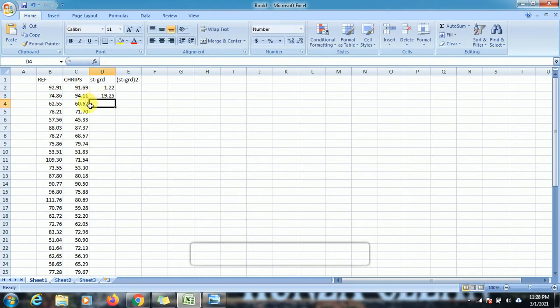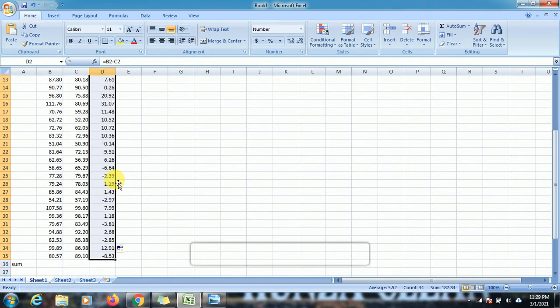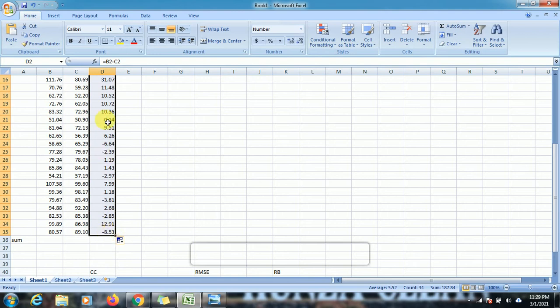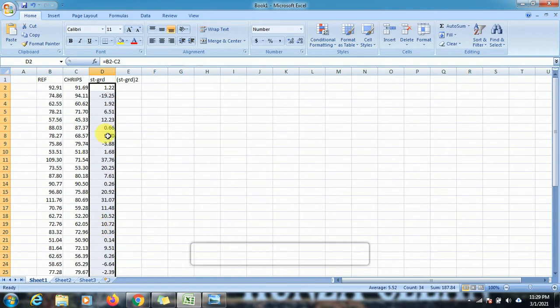The second way is that I just select these both and drag this down till the last number. Or the other option is, you can see here there is a small plus, so I click on that and it will fill till the last. And now, the next thing is that I have to take the square